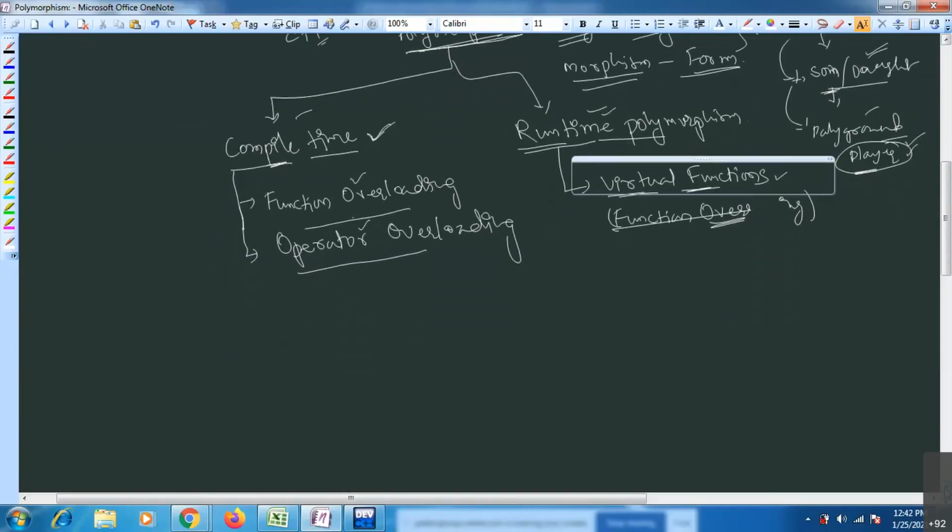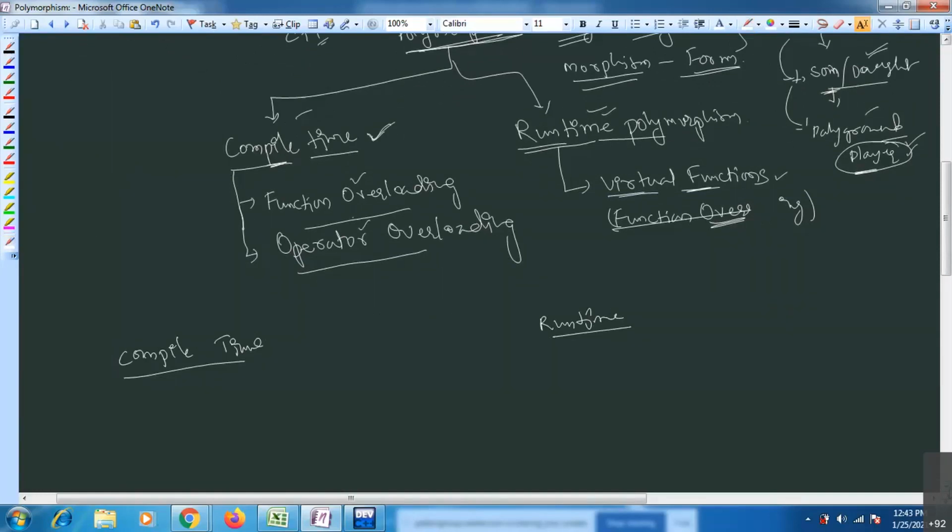Coming to compile time polymorphism, this is compile time, this one is runtime.